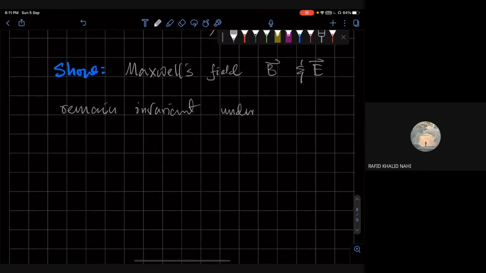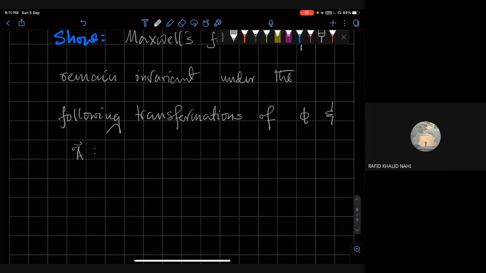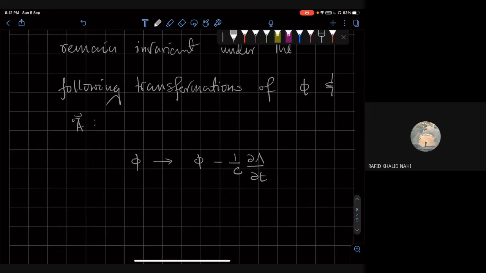Under the following transformations of phi and A. So if you replace phi by phi minus 1 by C del lambda by del T, where lambda is some continuous function, and A by A plus the gradient of lambda,